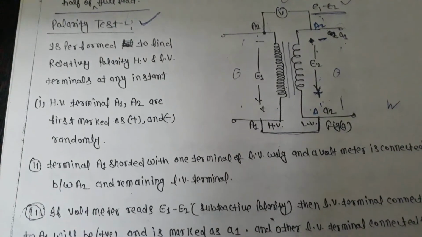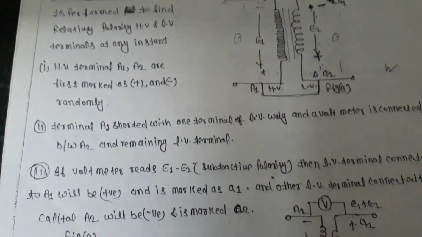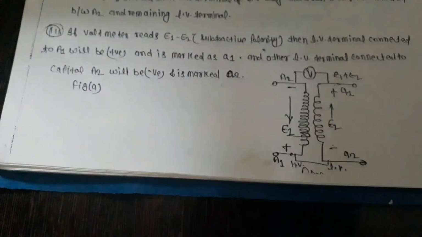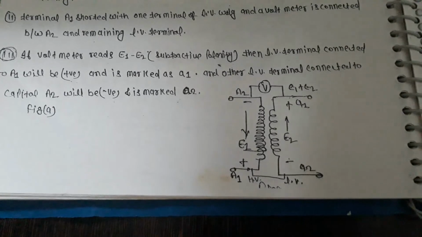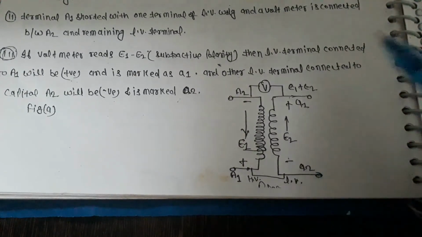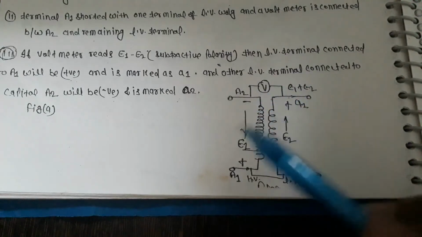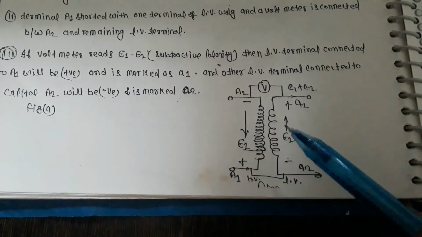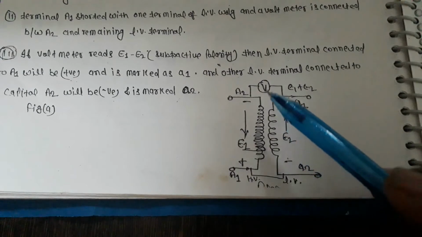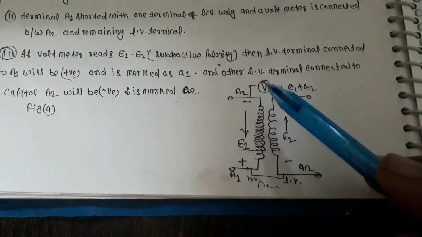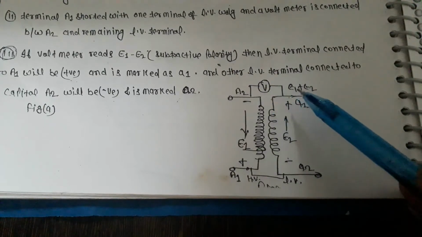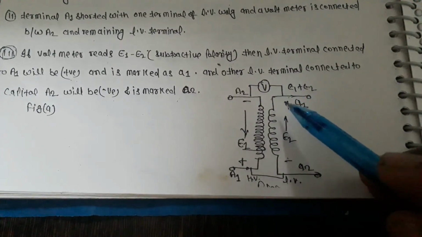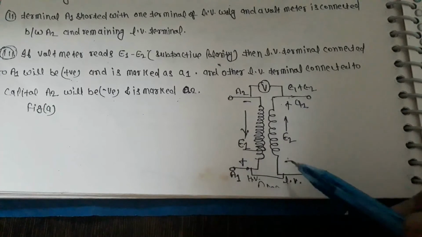And if we connect the same arrangement again and find the reading of the voltmeter, if the voltmeter reading is E1 plus E2, then this polarity will be positive and this